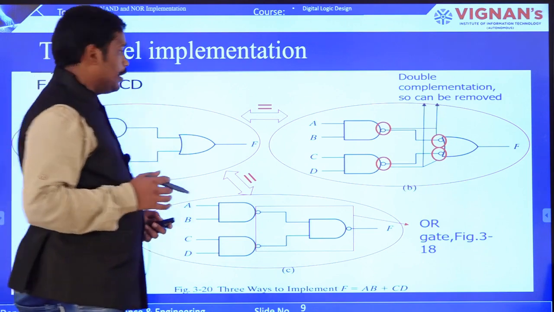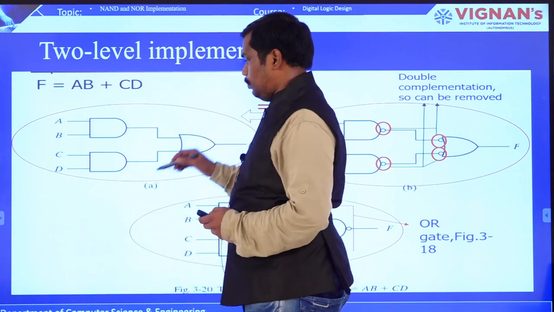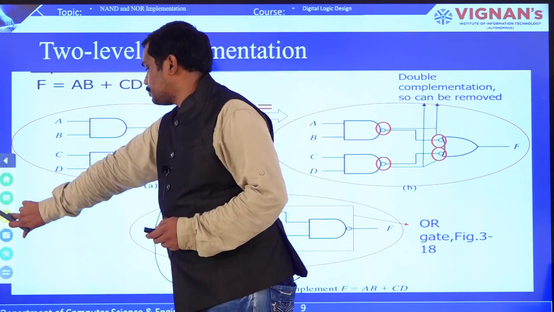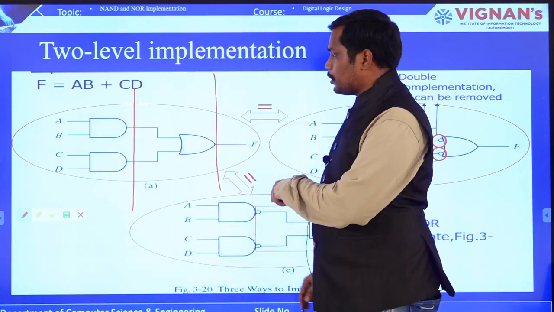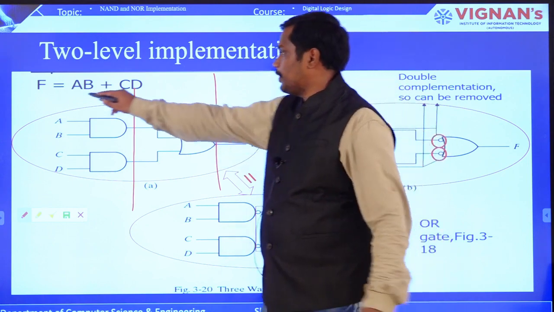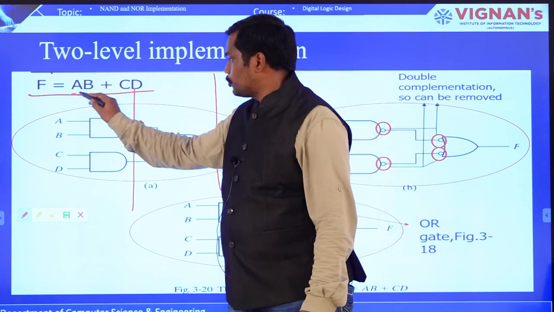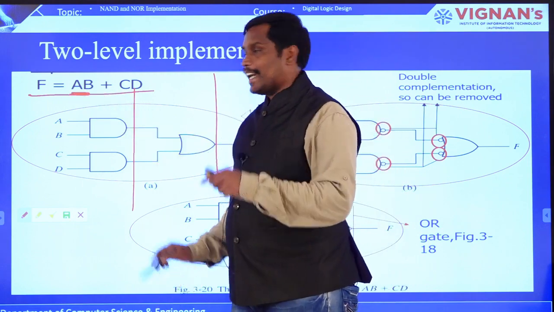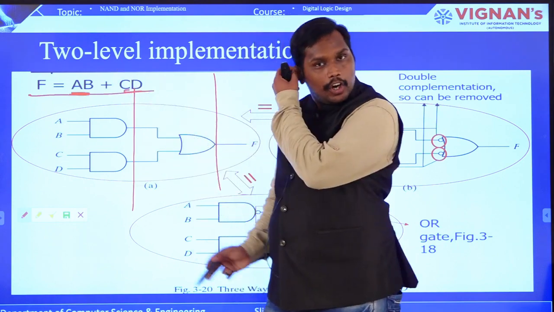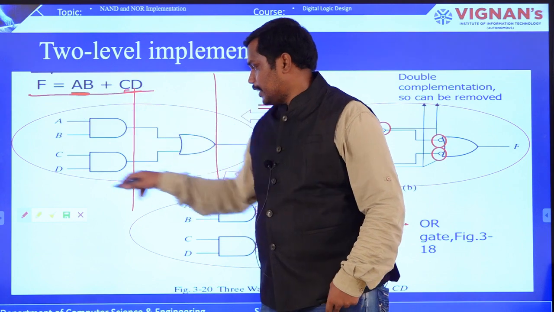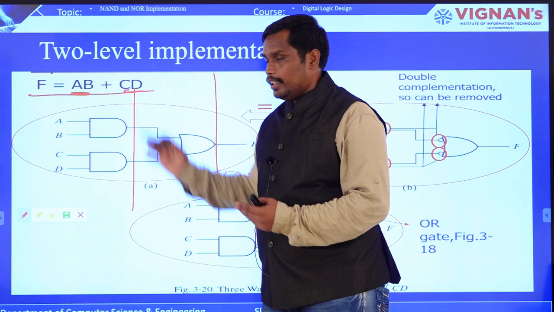So this is also one of the representations. For example, they have given a 2-level implementation, because 2-level means here you can see level 1 and level 2. In level 1 you will use some gates, and in level 2 you will use some gates based on the given expression. Here you can see F is equal to AB plus CD. AB means he is going to apply the dot operator, which is AND, and here CD, and then the whole expression you are going to add, which is the OR. This is how you express the general representation, right? This is one way of representing the expression.